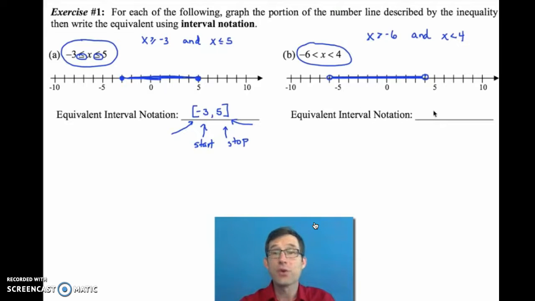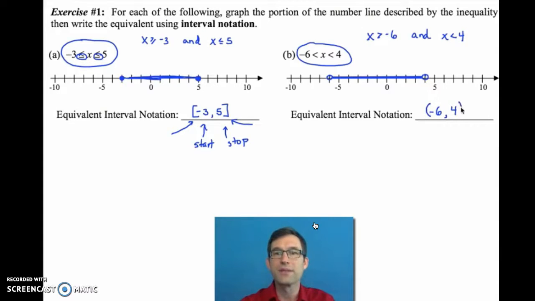Now, the interval notation works exactly the same. We start at -6. Whoops. Yeah, that's not really what I want. Apparently, it looks like I start at -1. I start at -6. I end at +4. But now, somehow, we can't use the brackets anymore. We have to use some symbol that says, don't include the -6, don't include the 4, and we do that